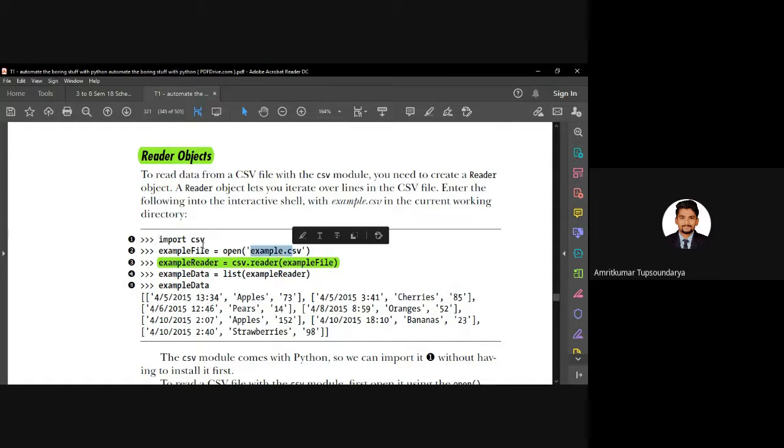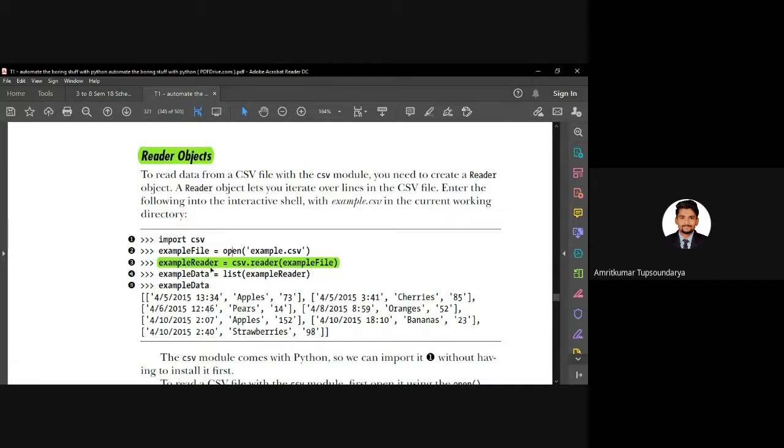This object will be used to work with the opened file, that is open example.csv. Now the first thing is to read the object.